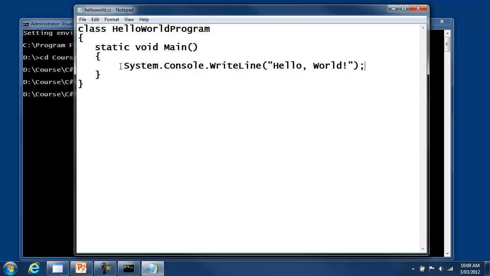Some other bits of information. C# syntax is case sensitive, so reserved words such as class, static, void have to be in lowercase. Most of the reserved words are in lowercase. The system namespace is used to gain access to the .NET Framework. Let's save this file